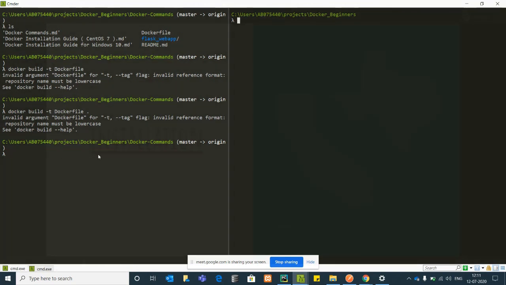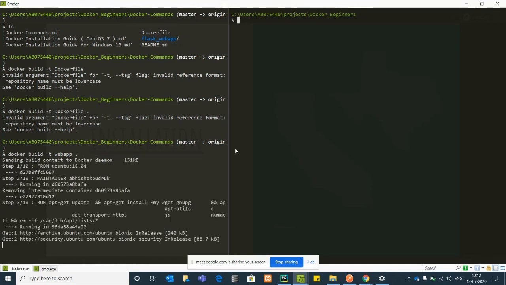One second, now. Dot after build. Sorry, I just wanted to give a name to this. I didn't provide a name for this image. Okay, I said dot. I'll tell you why the dot even exists.